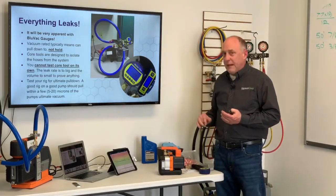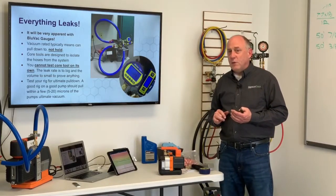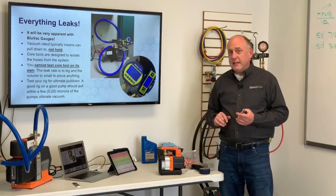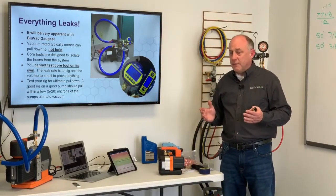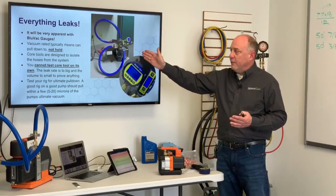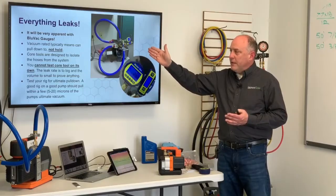If you did this with an Appian hose, you might get down to 75 to 100 microns max. If you did this with a quarter-inch hose, you might get down to 400 microns at the deepest amount of vacuum. Each one of these hoses operates a little bit differently, but you've got to remember that the core tools